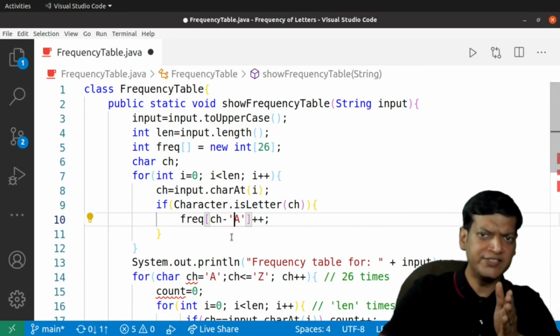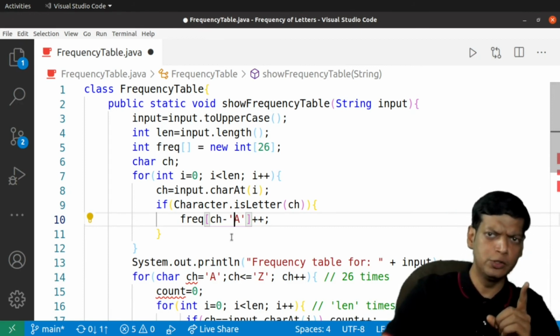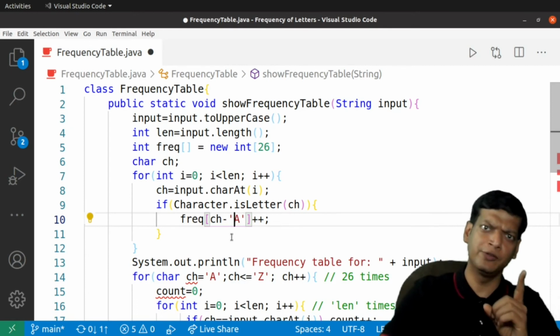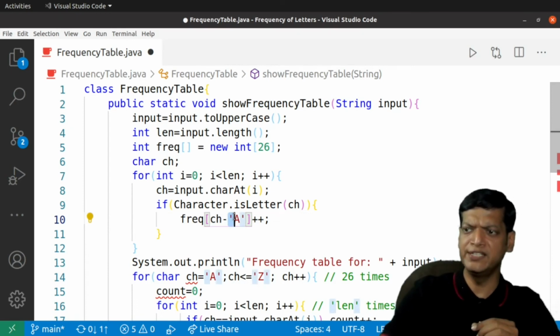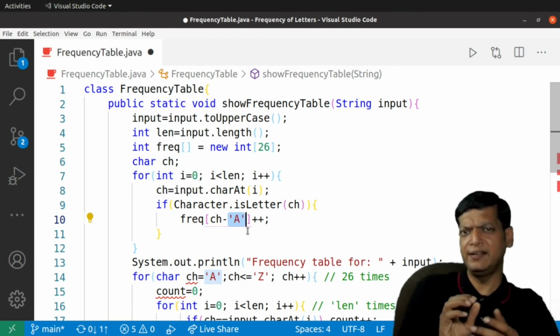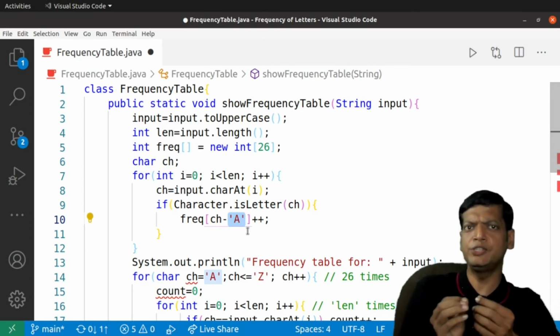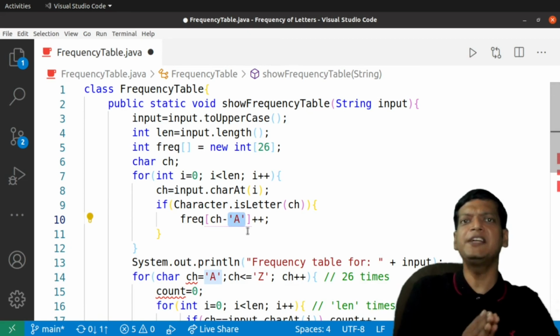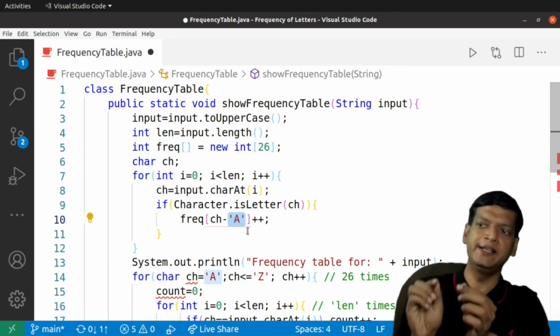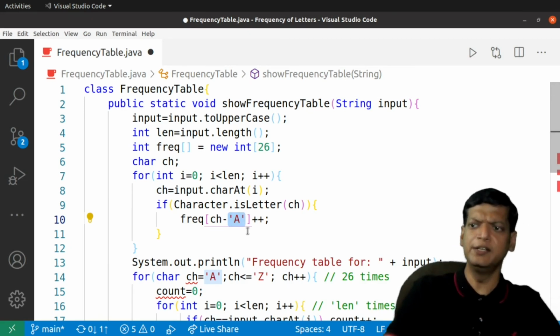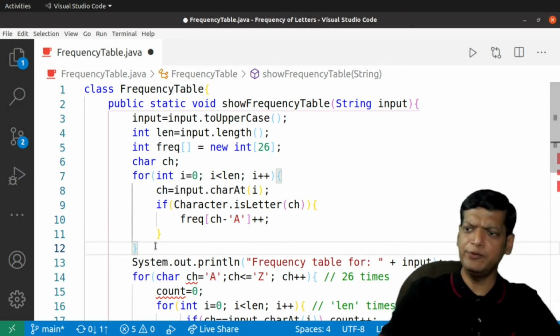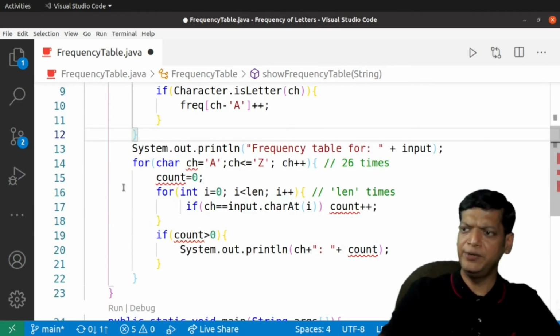When it is 65, we want to modify the 0th location. When it is 66, we want to modify the 1st location. So what we are doing is we are subtracting 65, and we are not subtracting 65 directly because it is not very readable. We are actually intending to subtract the code of A, and hence we have written capital A in single quotes.